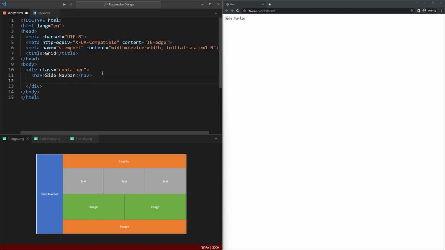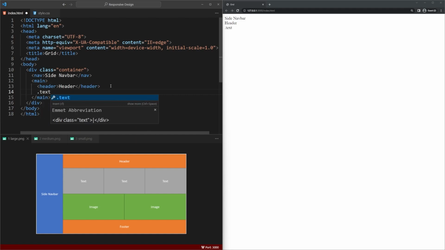Then we will have the main content, and there's a lot in the main content, so I'll just go ahead and put that all right here. There's an argument to say you could put header, then footer, then inside this put main, but that gets a little bit more nesting than I want to do. So then in here we'll do the header, which I'll just put header. Then we have three text boxes. So I'm going to contain those in their own container. So let's just call this